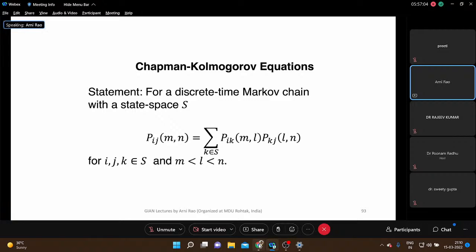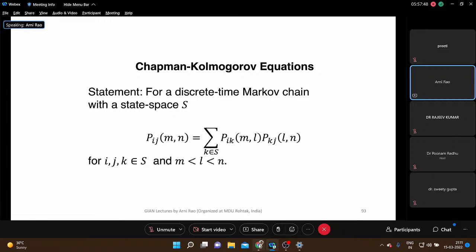Let us understand. For a discrete time Markov chain, as the name suggests, it is a Markov chain property. Just now we saw discrete time. That means you are measuring, or calculating the value of the random variable, or observing the random variable, whatever way you want to word it, at discrete times with some state space. P_ij(m,n): you already saw this notation. That means state i, and m stands for the time step.